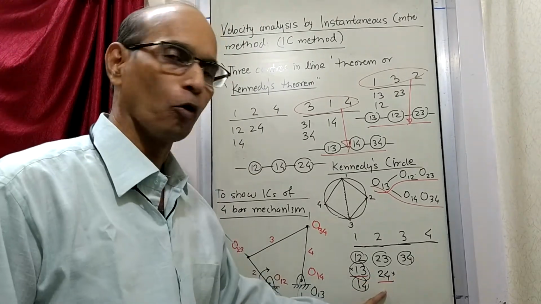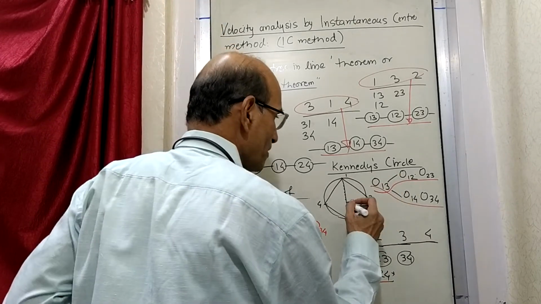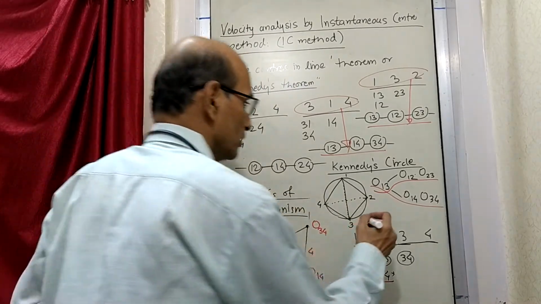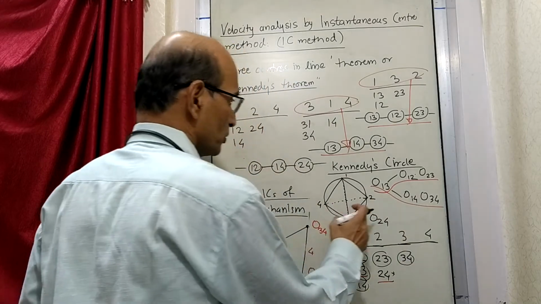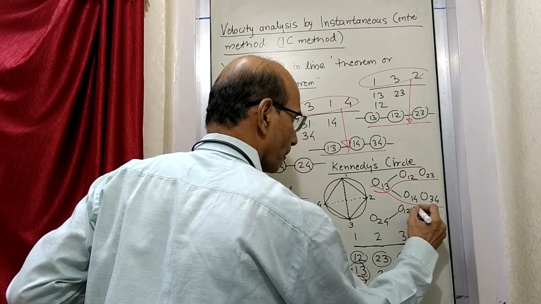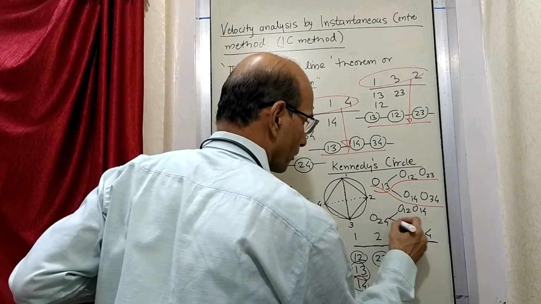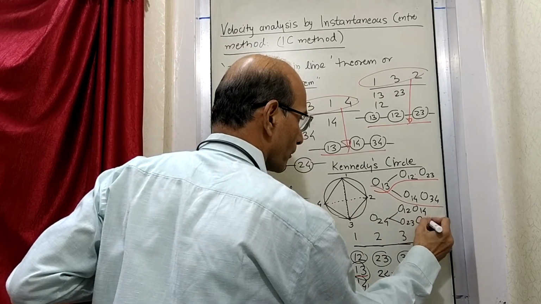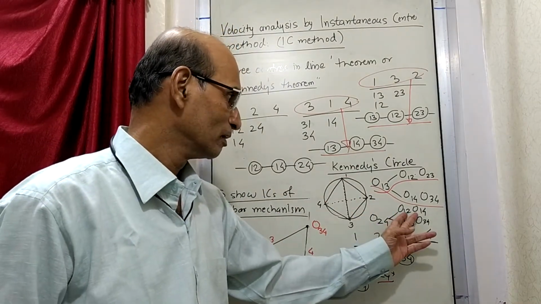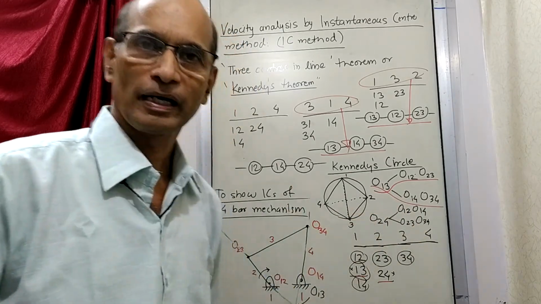So now what is remaining? 2, 4. Can you find out where 2, 4 is? You have to find out 2, 4. In a similar way, join 2 and 4 by a dotted line, right here O24. Now how do you reach from 2 to 4? 1, 2, 1, 4. And the other road is 2, 3, 3, 4. Right? So this is one line, this is another line, and when you draw these two lines, their intersection will give you 2, 4. Correct?